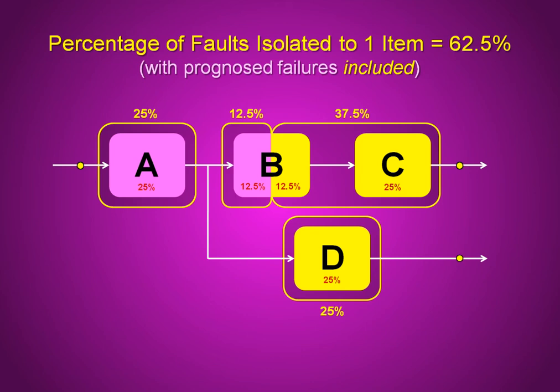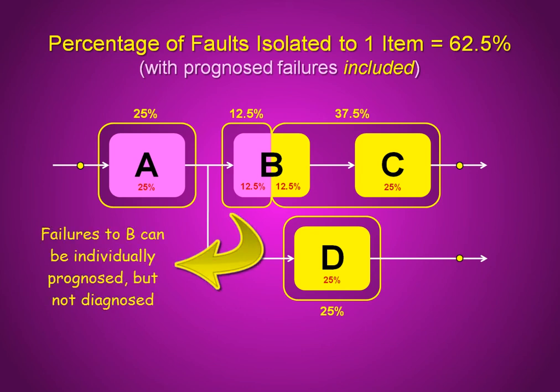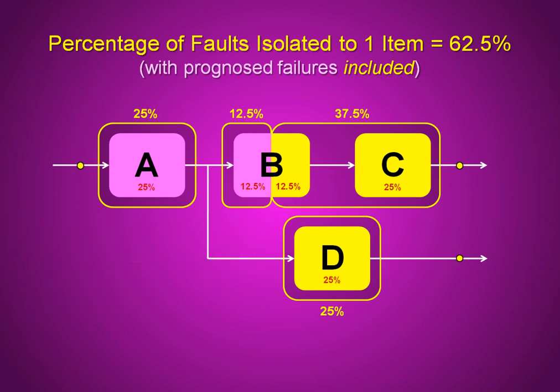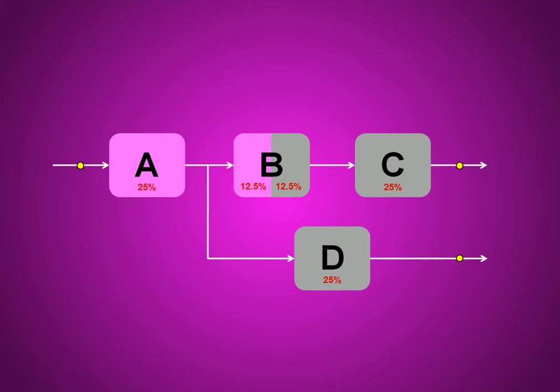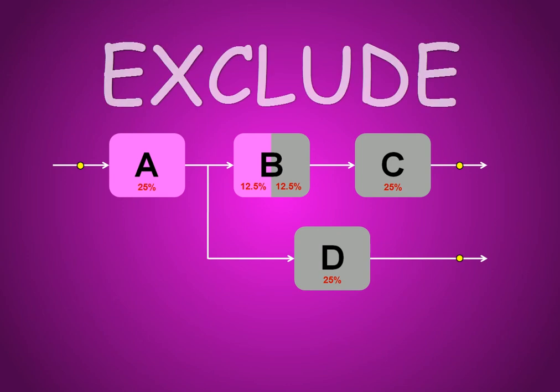The sensor that's used to identify pending failures to object B was not used by the diagnostics. That's why when prognosed failures are included in the analysis, the fault isolation improved. Now, once prognostics have been developed, analysts can always go back and add additional diagnostic tests to utilize those prognostic sensors. Now let's look at the third analysis approach, the one in which prognosed failures are excluded from the diagnostic